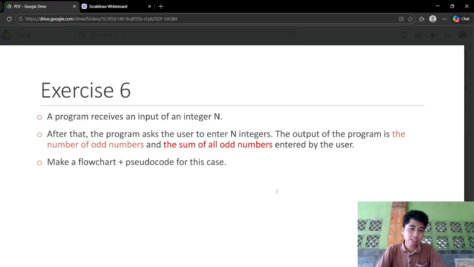So first we input n, then the user needs to input that many integers. If n is 6, then the user will need to input 6 integers. Then the output will be the number of odd numbers and the sum of all odd numbers. The flowchart and the pseudocode will be explained by my friends.